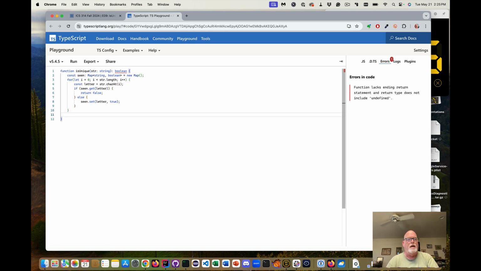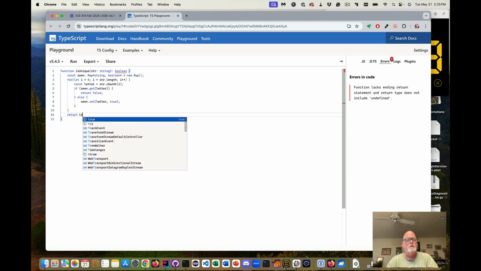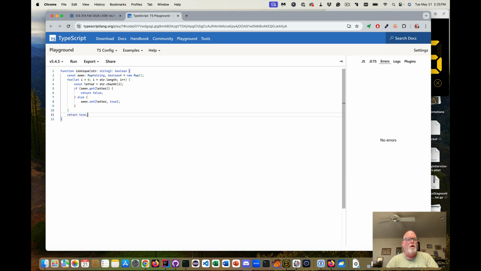If I get outside of the loop and I haven't returned false, then everything's unique, so I want to say return true, which means all the characters in str are unique, and I have not seen them more than once.